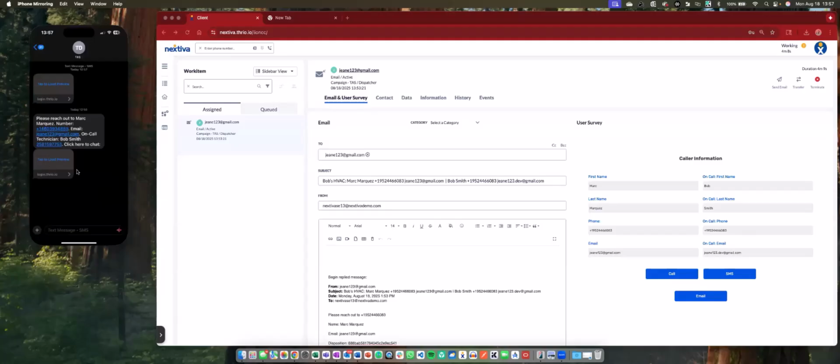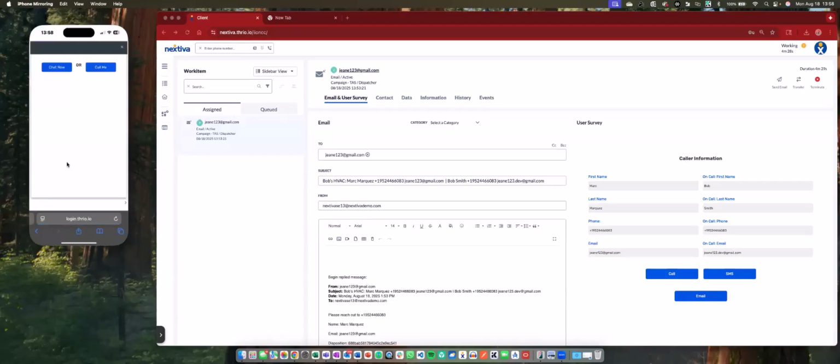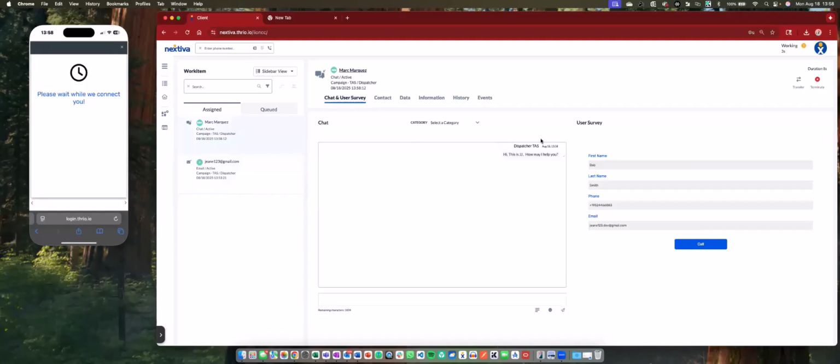Now, let's say Bob Smith doesn't have questions. Bob Smith can just click that button and call that person directly and find out what it is. But if Bob did have a question, Bob has the ability to click on this link directly, and that is going to connect him to either call me or chat now. And it's going to instantly go to this dispatcher, and the dispatcher has the ability to go and handle that.